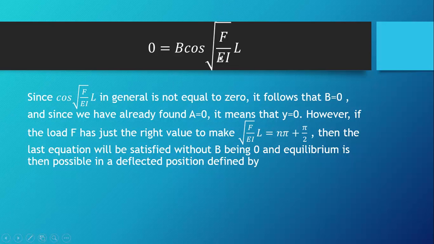Since cos(√(F/EI) L) in general is not equal to 0, it follows that B is equal to 0. And since we have already found that A is equal to 0, it means that y is equal to 0. However, if the load F has just the right value to make √(F/EI) L = nπ + π/2, then the cosine will equate to 0, so the last equation will be satisfied without B being 0, and equilibrium is then possible in the deflected position,